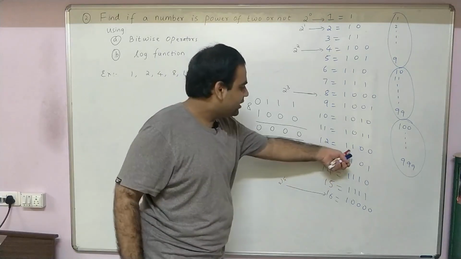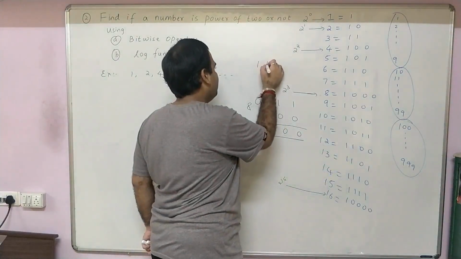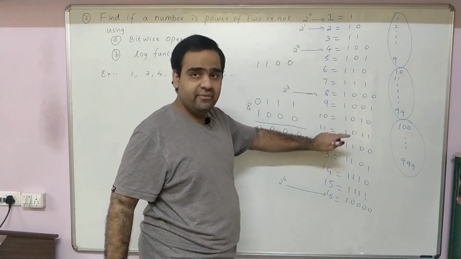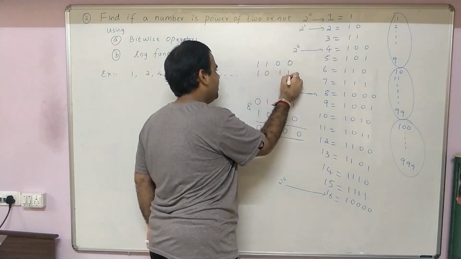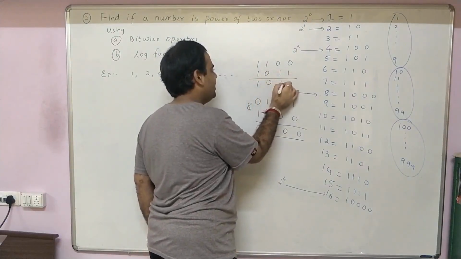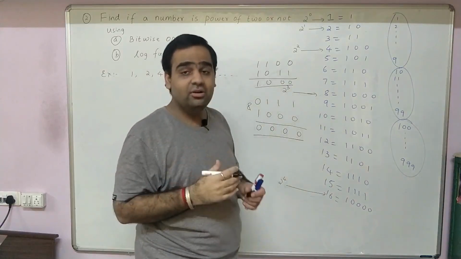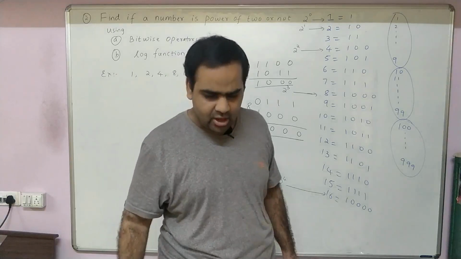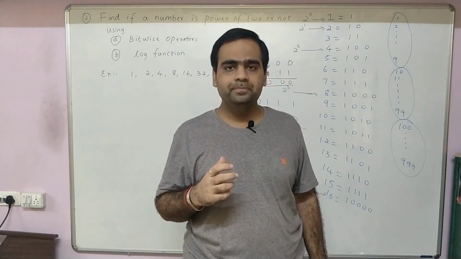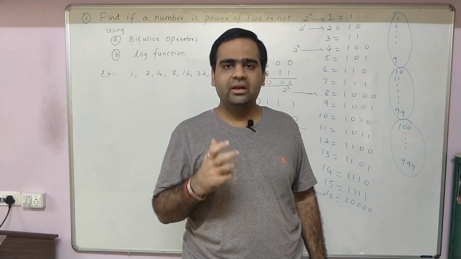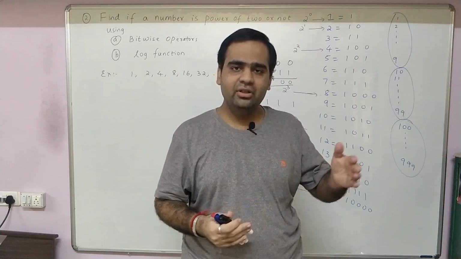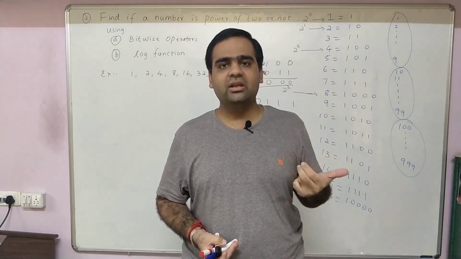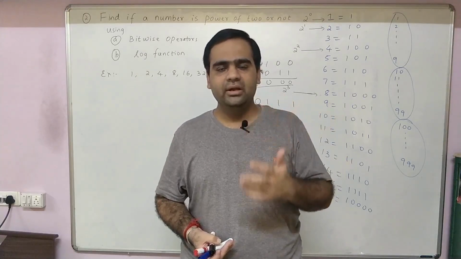Now let's take the number 12, which is not a power of 2: 1100. A number 1 less than it, what is 1 less than it? 11, which is 1011. If I take the bitwise AND, you get 10000, which is not equal to 0, therefore it is not a power of 2. Therefore it's very, very simple. How do you find whether a number is a power of 2 or not? You read a number, you take n bitwise ANDed with n minus 1, and check if the result is equal to 0, then it is a power of 2.